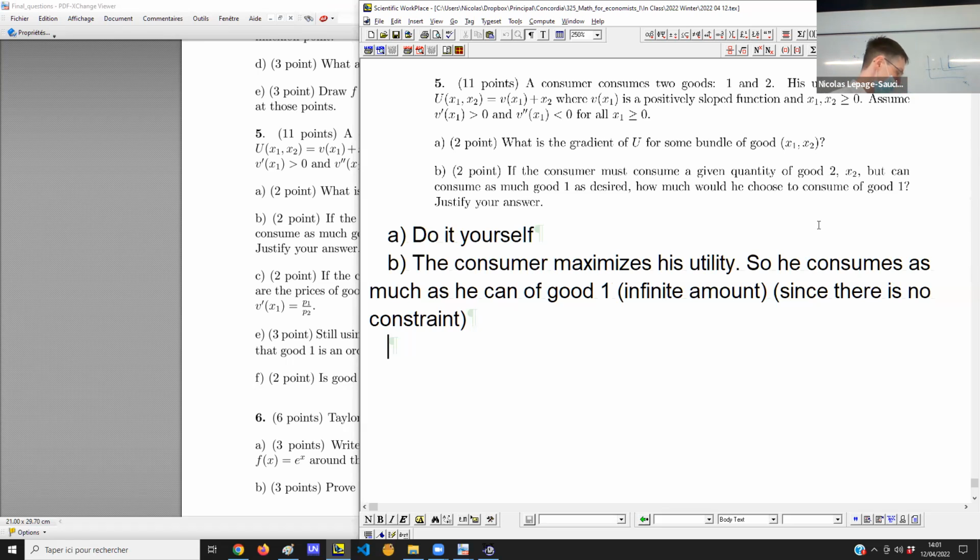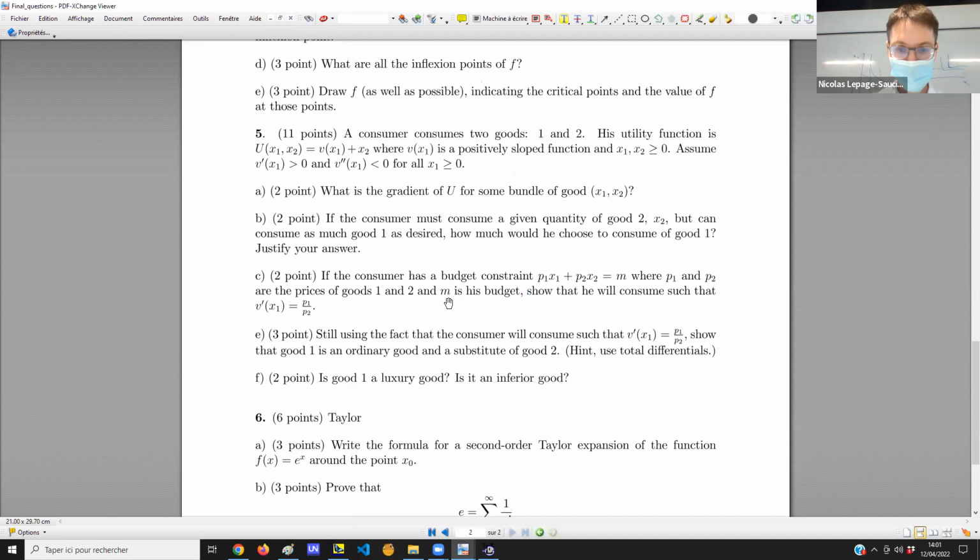But for substitutes, if they are substitutes, I would go for it and consume as much as possible. Okay, C: if the consumer has a budget,